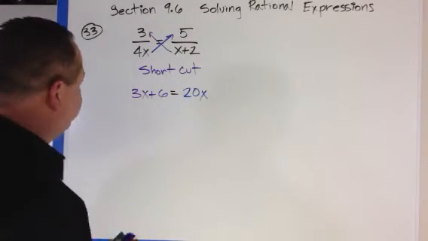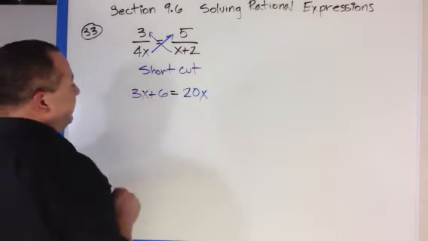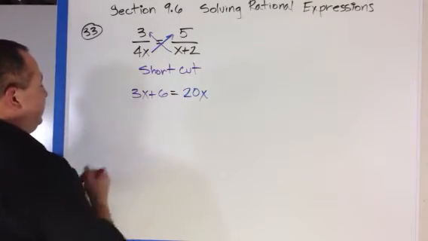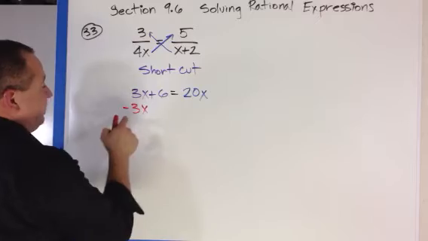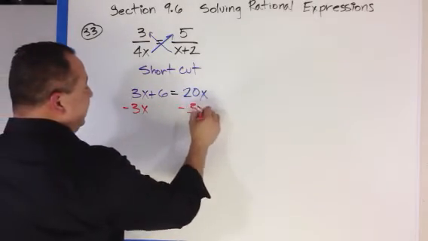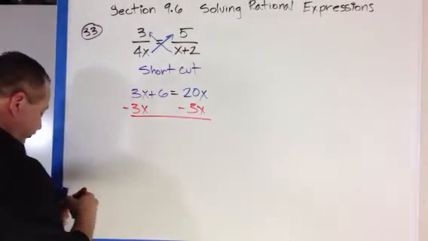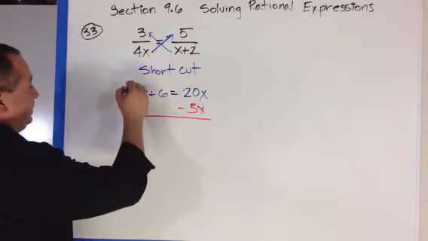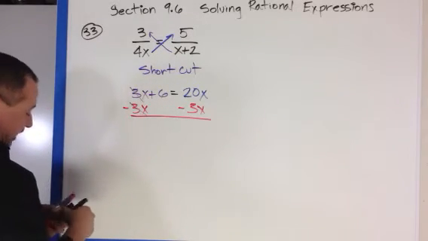So what I'm going to do, remember I said if we're going to get into a fight, are you going to pick on the big guy or little guy? And the answer is I'm going to pick on the little guy. So I'm going to get rid of that 3x. So when I subtract the 3x, he's gone. I'm now left with